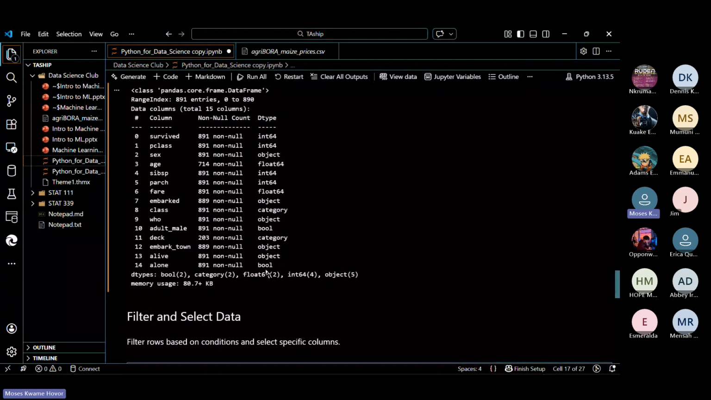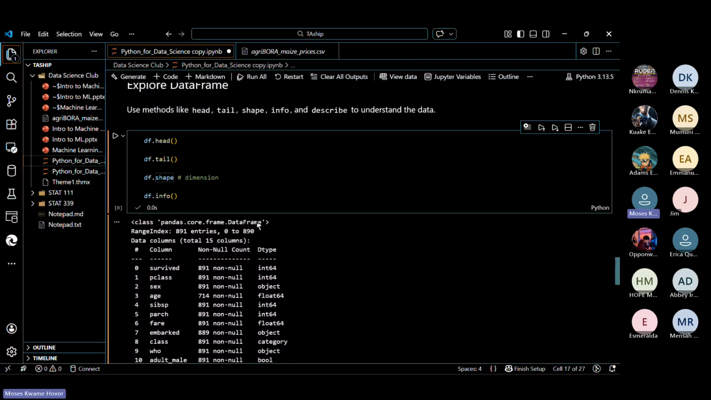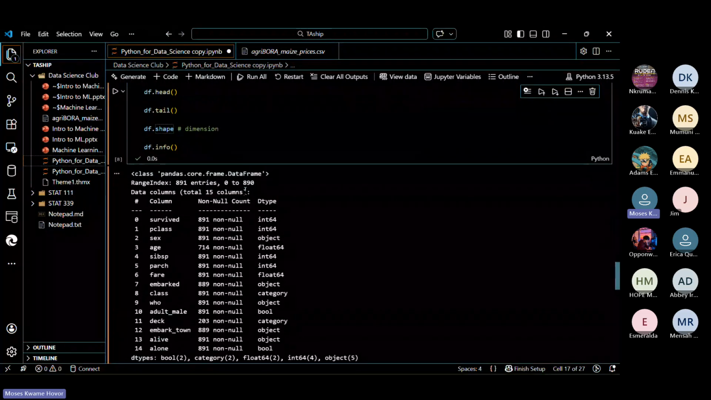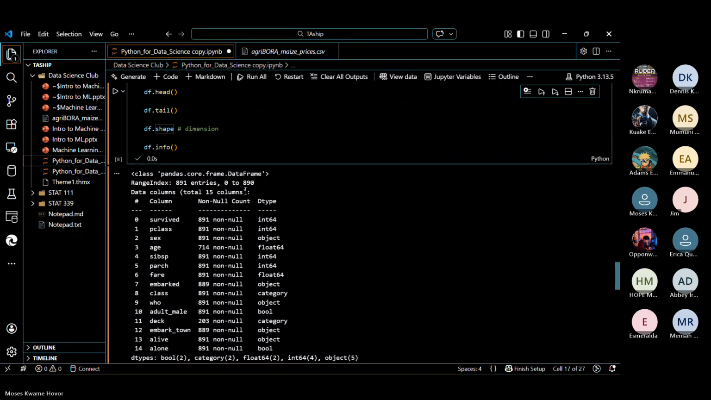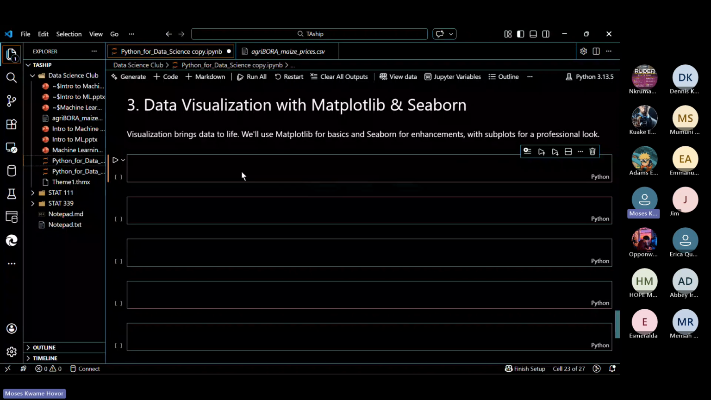I'm supposed to go through with you how to filter and select data, but time is fast spent, so I'll move on to the visualization, where I'll show you how to come out with some visualization for your data. Okay, so quickly we are going to